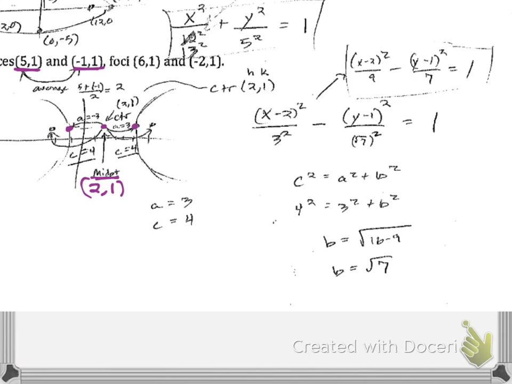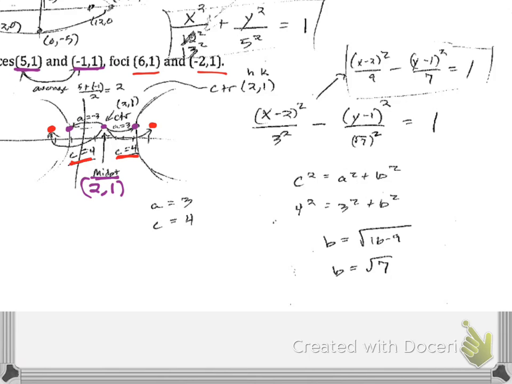Next thing is I'm also given foci of (6, 1) and (negative 2, 1). So I'll put a little different description here. I'm going to go red on those. Okay, foci are going to be red. Glowing red. All right, I plotted the 2 points as given, so there they are. Then that's going to give me c. So c is 4. The distance from my newfound midpoint is 4 in each direction to get to those